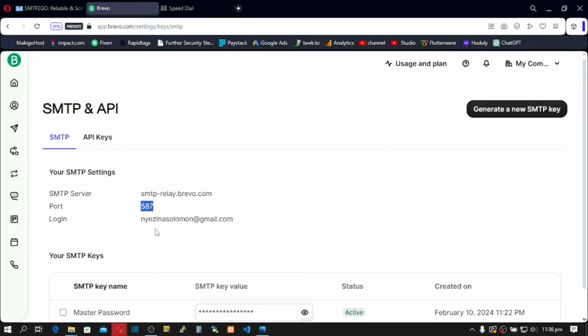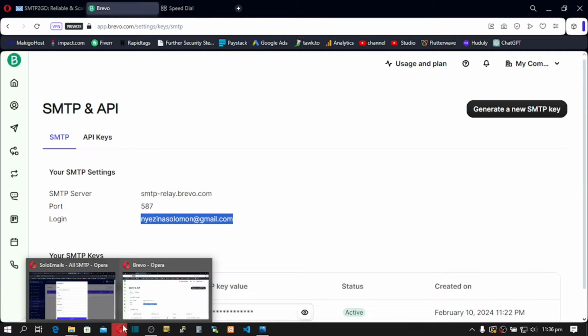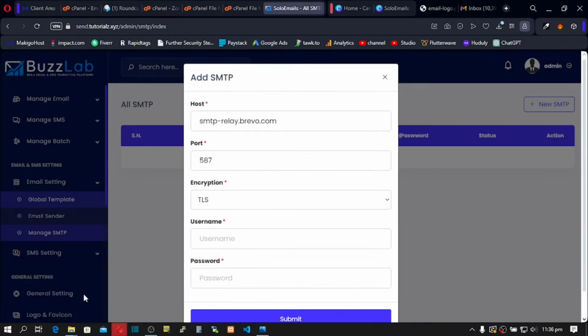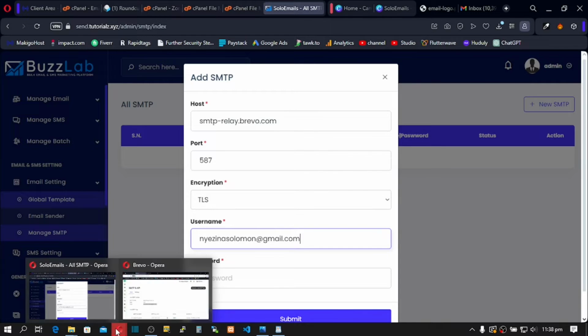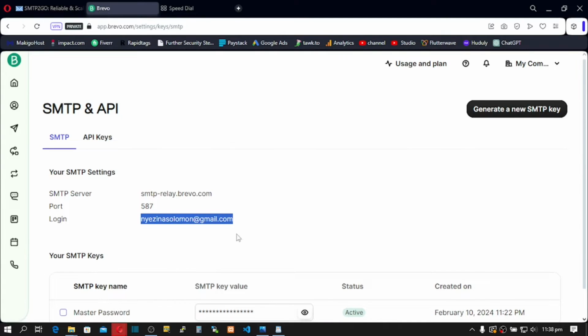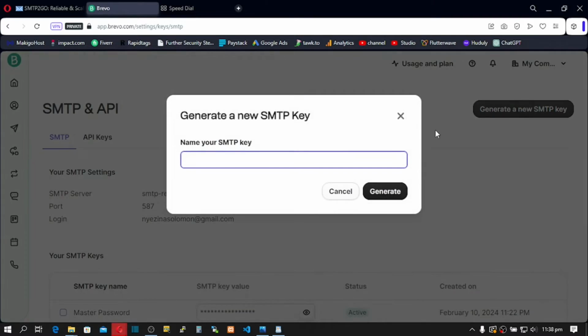Go back, login, just copy your email and then please paste it here. Now your password, this is tricky, all right? Click here, generate a new SMTP key,